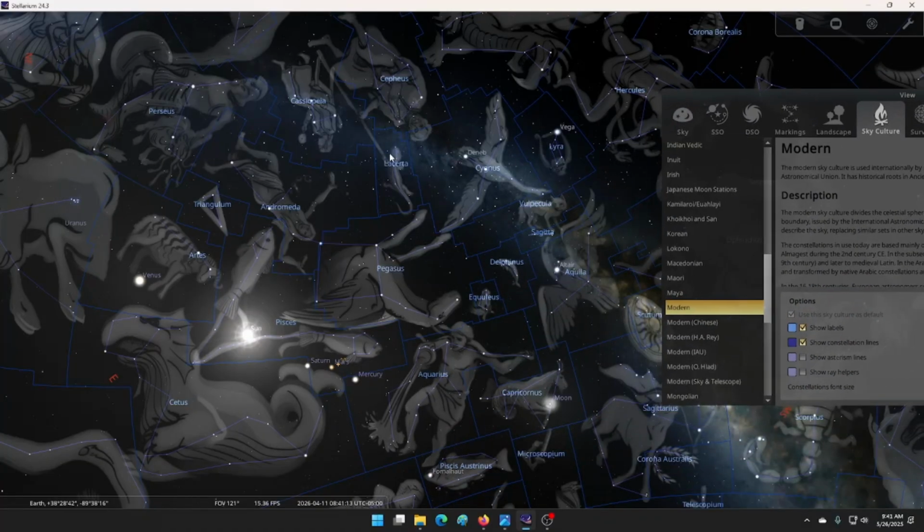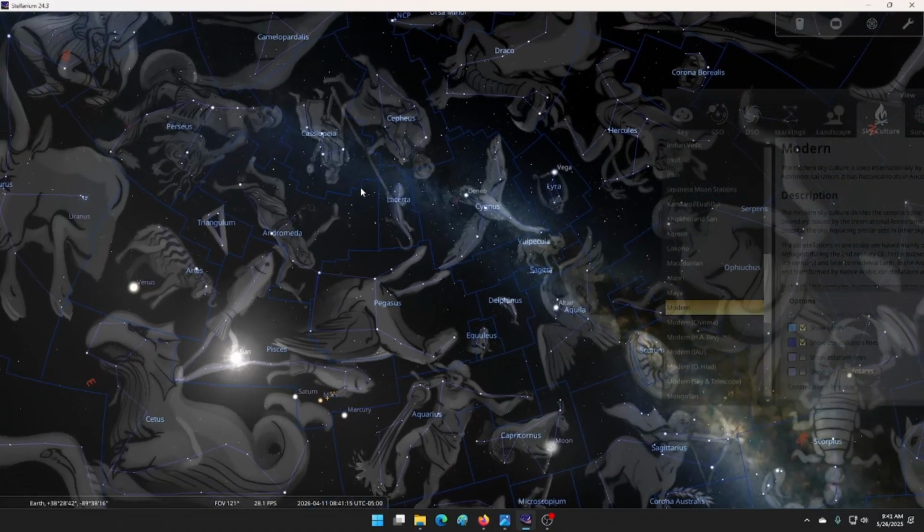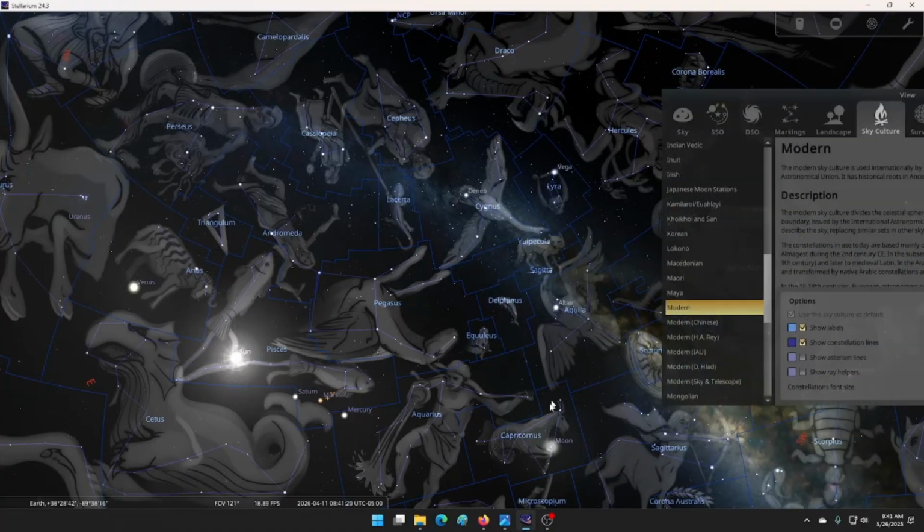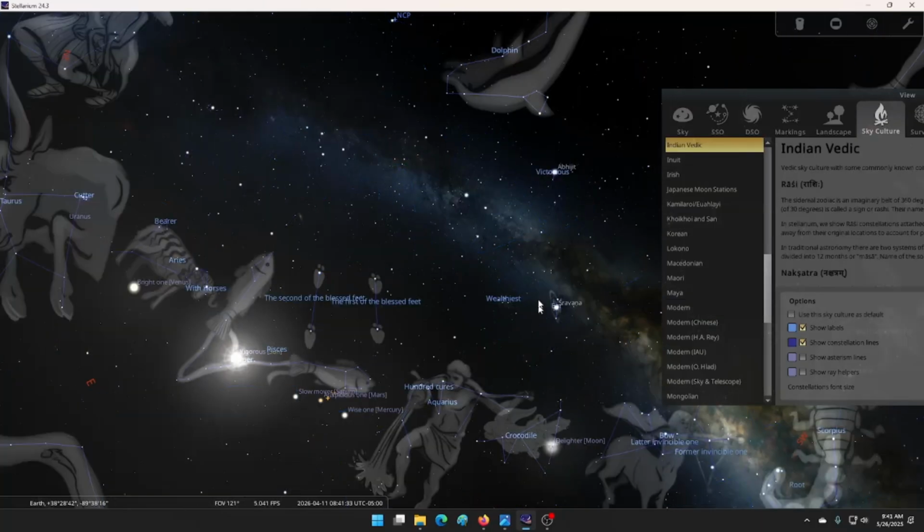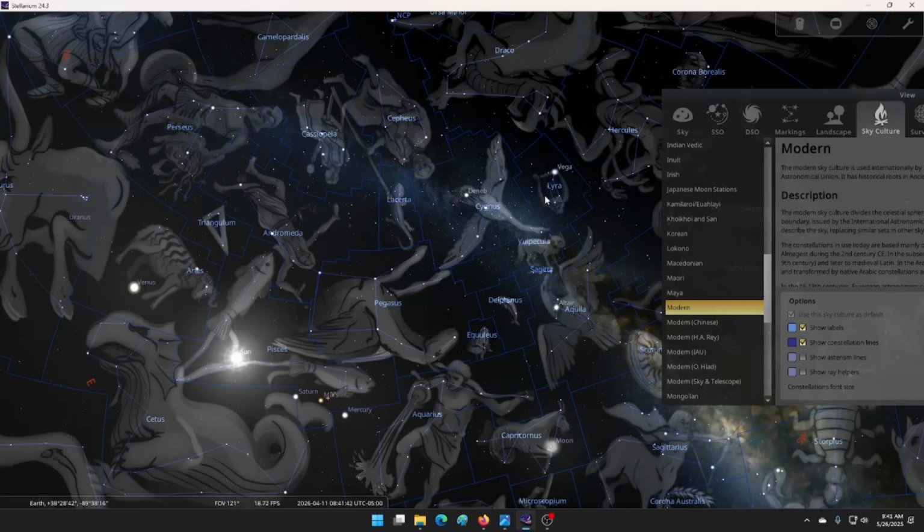okay, here it is in modern. Can't really move it over. All right. So in modern, you have Capricorn, Aquila, the eagle, Cygnus, Lyra, and Delphinus. Okay, now we're going to go to the Indian Vedic and watch. Here's Delphinus. Delphinus is wealthiest. Okay, and then Abhijit is Vega, is Lyra. Okay, it is not Deneb,